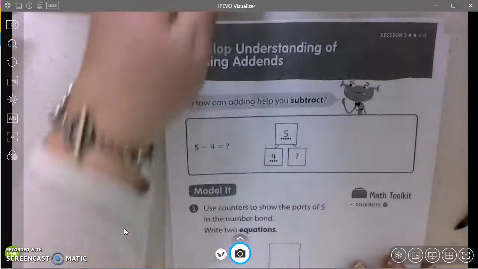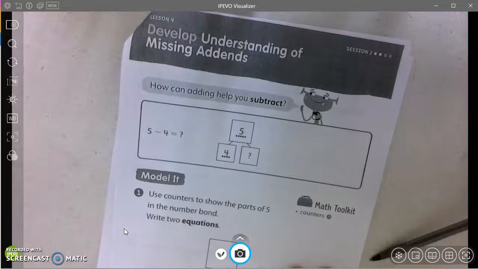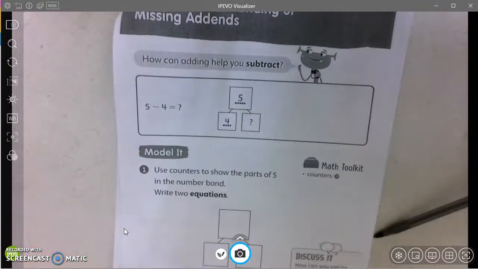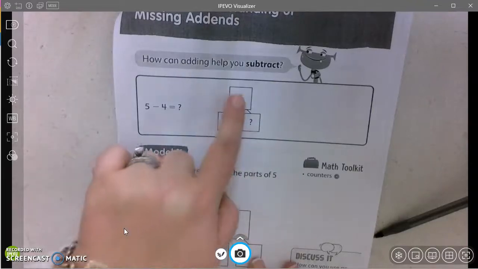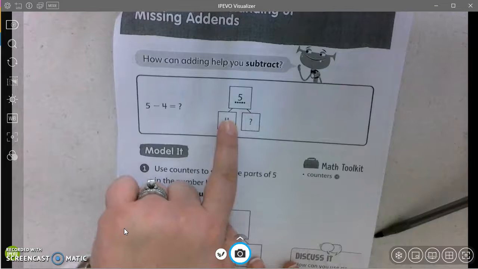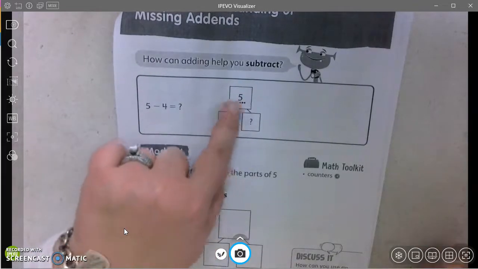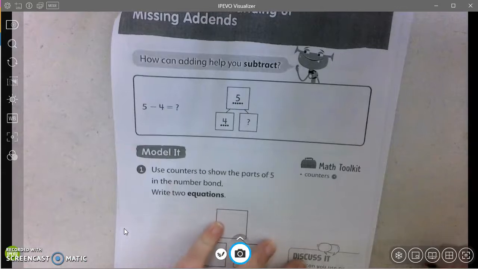We are continuing our talk on missing addends this week. Adding is one strategy that we can use to help us subtract. Say our equation is 5 minus 4, and we see this number bond. We've used those before, remember, that the numbers that we have in here are the only numbers that we can use for the fact family, and our number bonds have